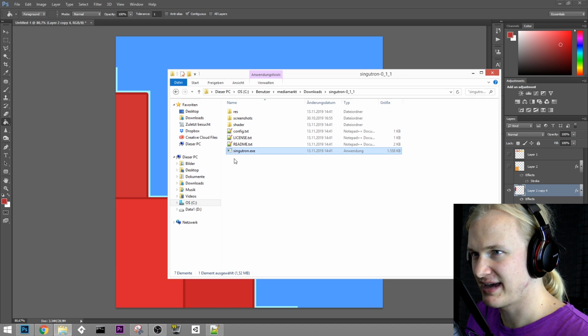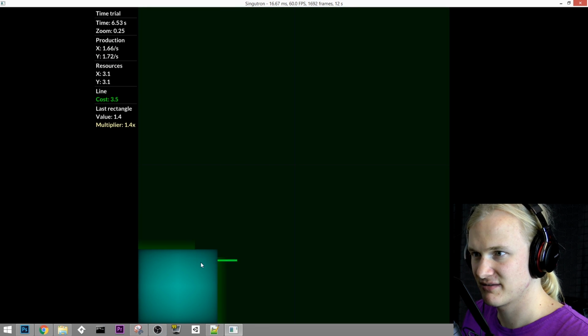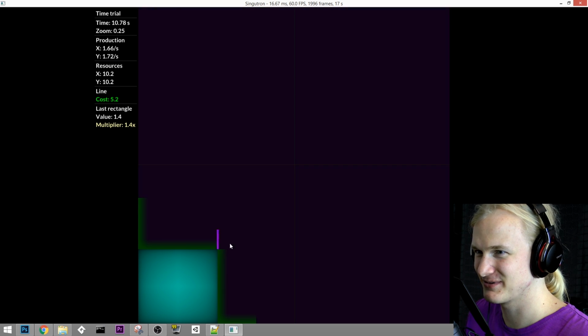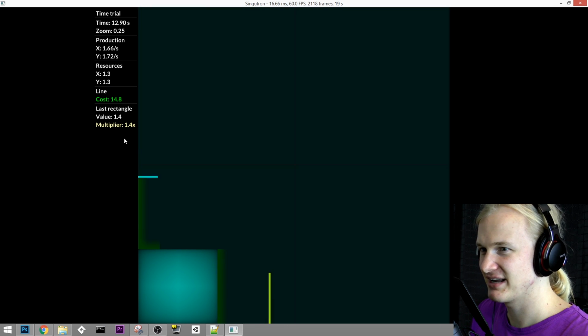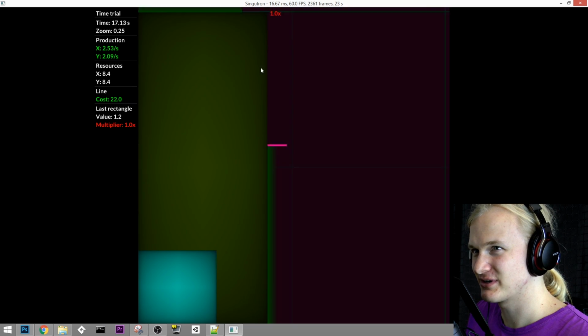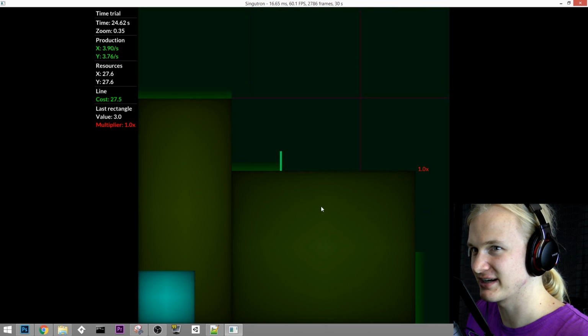Then in terms of gameplay, as I've said, it feels a bit abusable. Even though I really like the simplicity and the concept, this way of playing seems not to be the best way. The best way seems to be just placing a line here and waiting until it forms into a square. So that is the first thing I would fix. If a line goes out of bounds, it should not form a rectangle automatically.